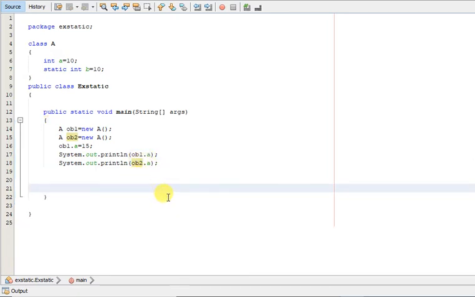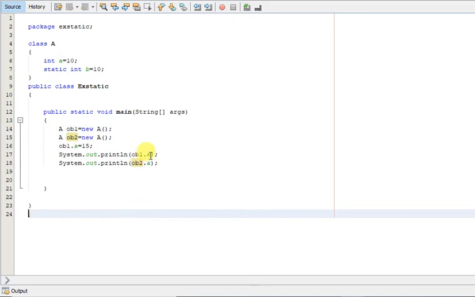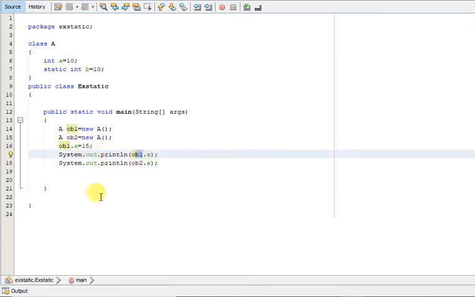So now if we run this code, what should be the output? This is actually object 1's copy, so the value of object 1's copy is 15, and object 2's copy will take the default value, which is 10. So it should print 15 and 10.